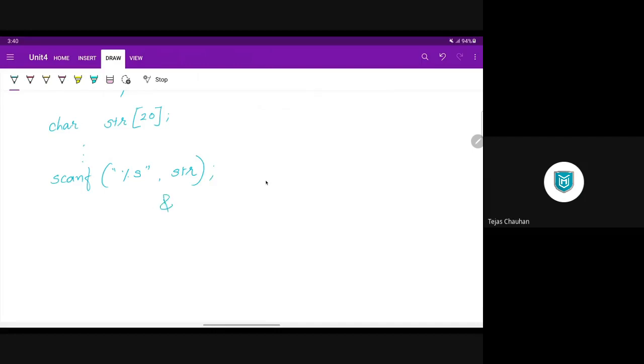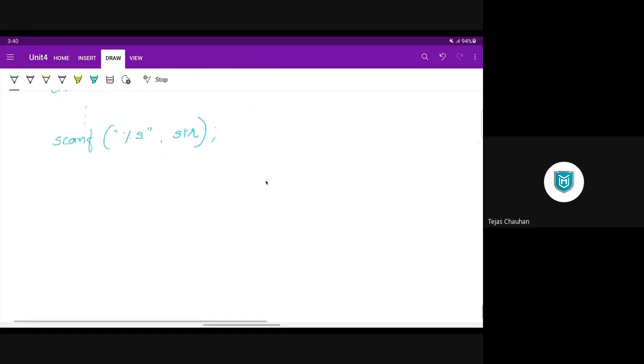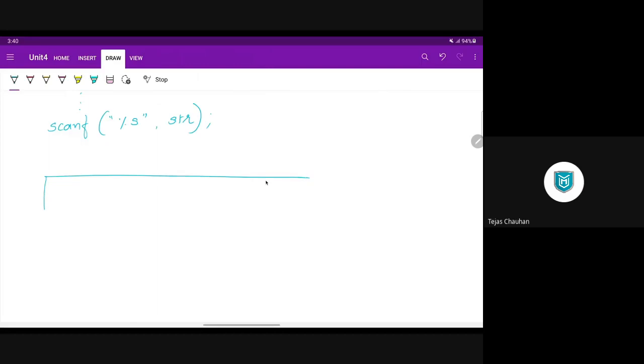Remember, we do not have an ampersand sign here because the string name itself is an address. So this is how you take the string value from the user, and if the user enters university, then inside your memory you are actually going to have a character array, right?